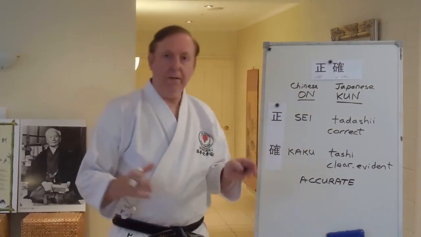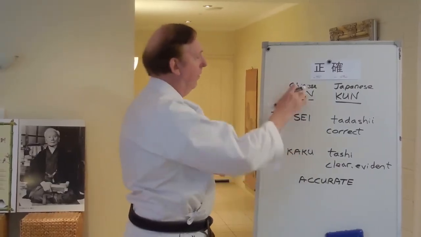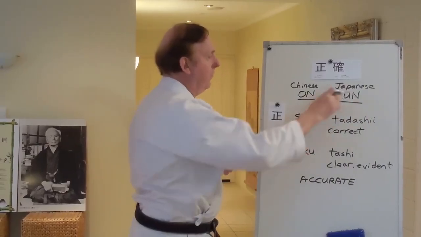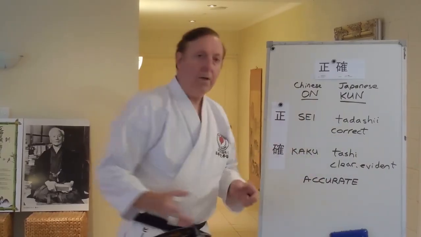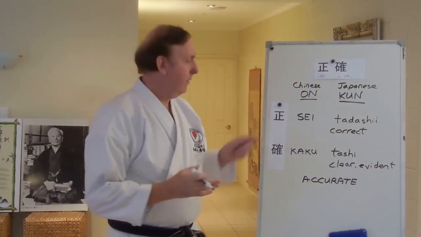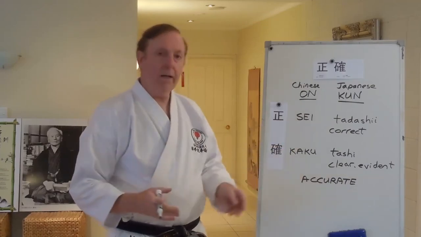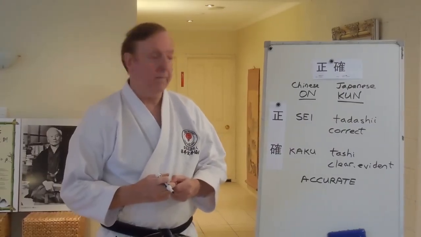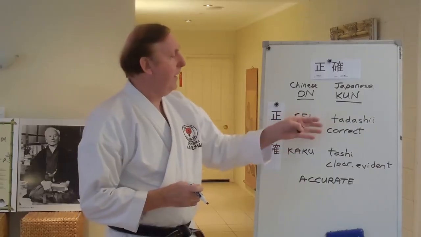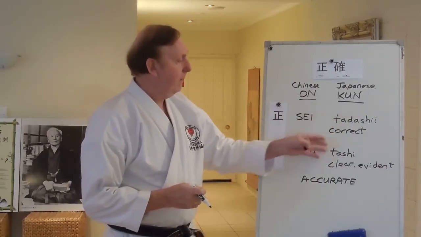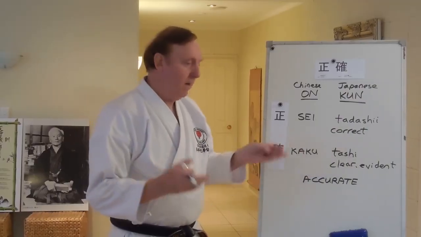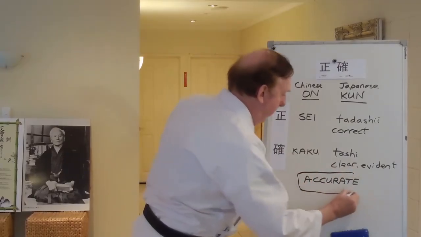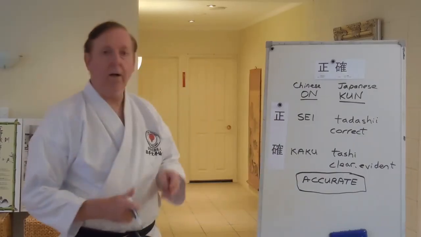So this idea means that when you put two on-readings together, they have individual meanings in Japanese, which is the kun reading, and quite often when you put those two characters together, you get a final meaning which can give a broader understanding of what the whole term might mean. So therefore seikaku ni means do it tadashi, correct, or tashikani, which means clearly, evidently, and when you put those two together, you might come up with something that transfers as do it accurately, do it as properly